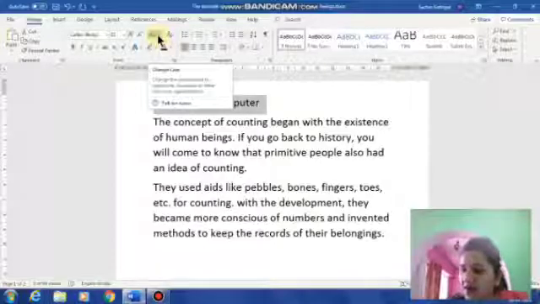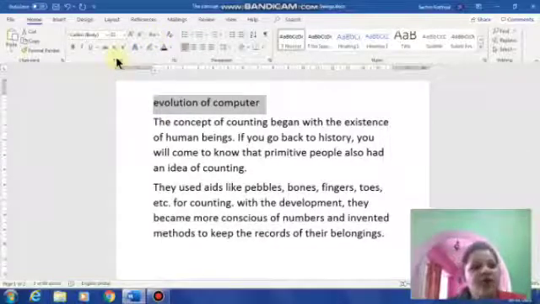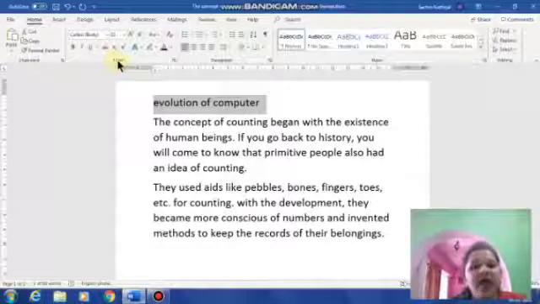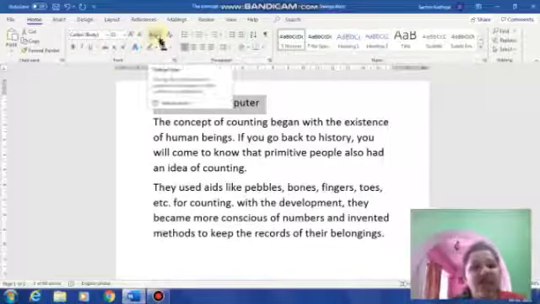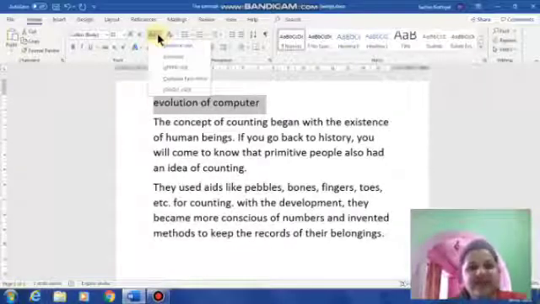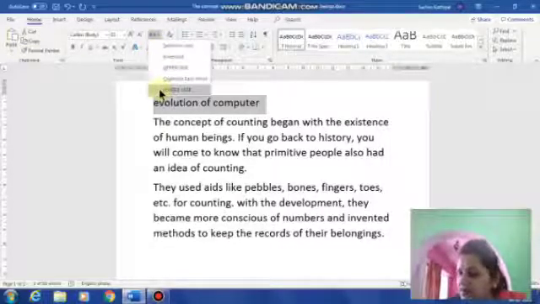Now second step, click the change case button in the font group. See, this is the font group, under the home tab. This is the home tab, and under this home tab, this is the font group, and in this we have to click this change case button. Now if I click on this drop down list, you can see that there are a few options provided here. According to the option we can change the case.